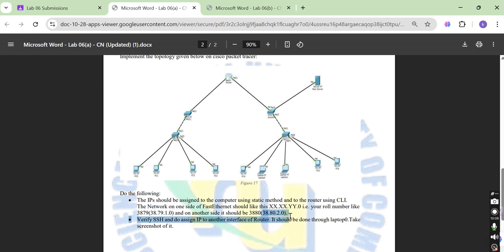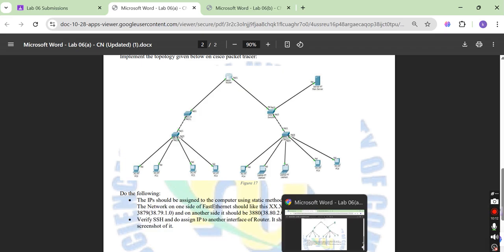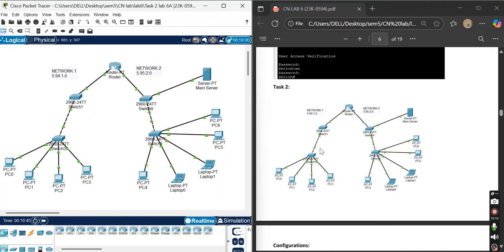So what I did was provide network 2 with an IP configuration of one additional number, that was 05. My roll number is 0594, so I assigned it 05.95.20.